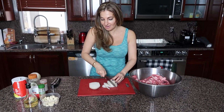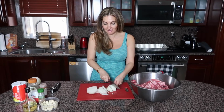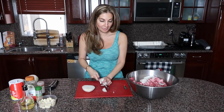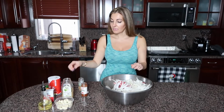It doesn't matter how you cut the onion. It could be big chopped pieces or small pieces. It really doesn't matter. All you do, you cut it and that's it. You put it inside this bowl. So we cut our meat with our onion, and to that we're